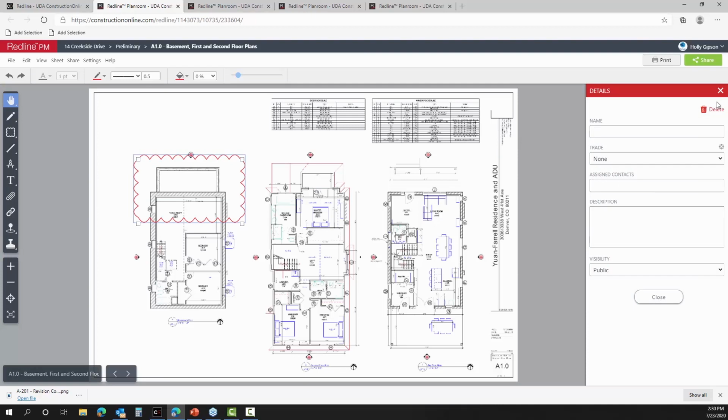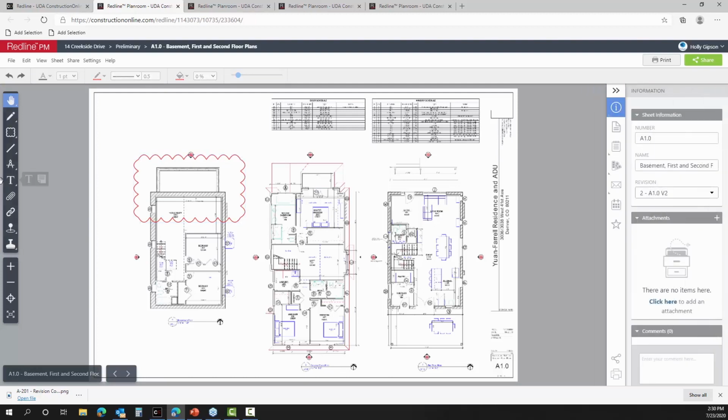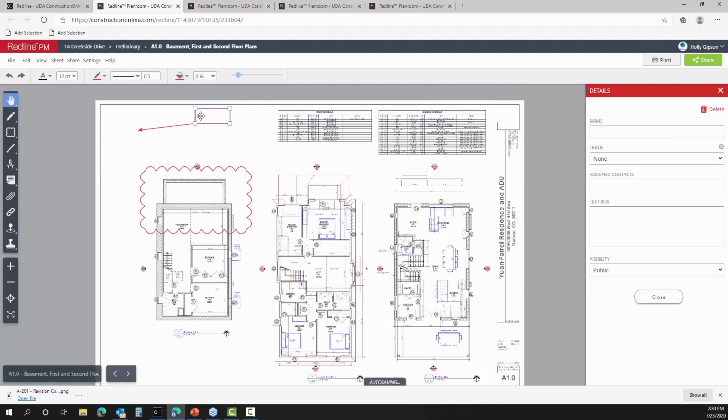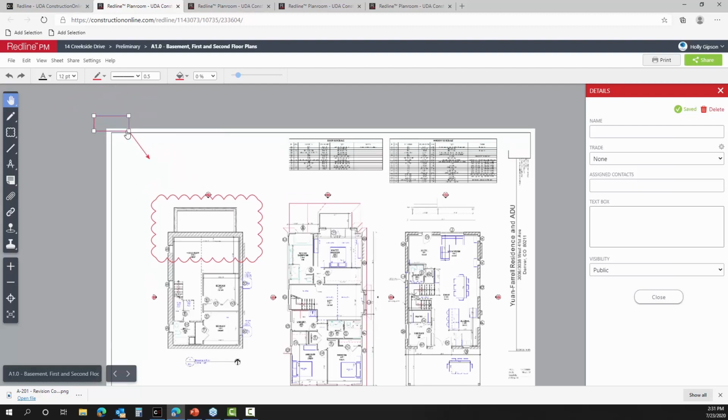I was actually working with a client who was looking for a way to go back and look at past revisions and past markups while still giving themselves a clean slate for adding in new information, new comments, new callouts, and things like that to revised sets of the plans. And we found that the layers tool was really effective for accomplishing this. You'll be able to set the markups on the page, add in your information as needed, and then, of course,